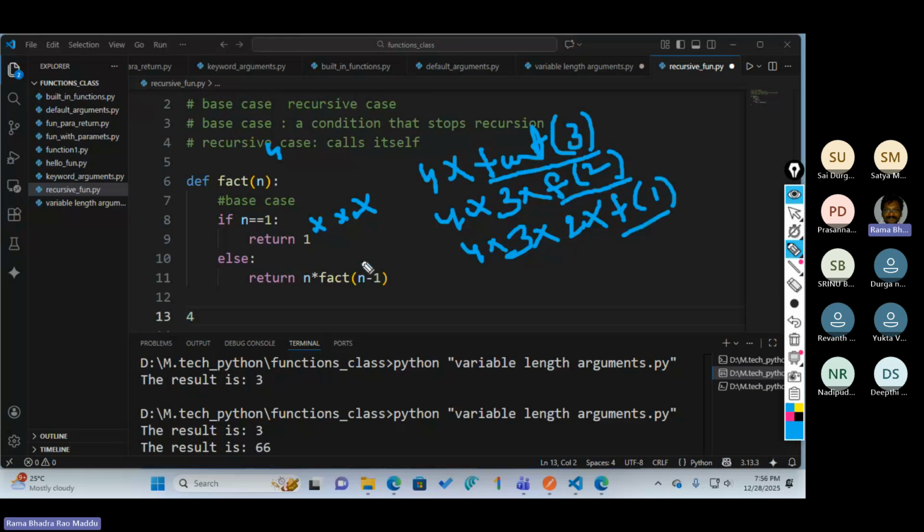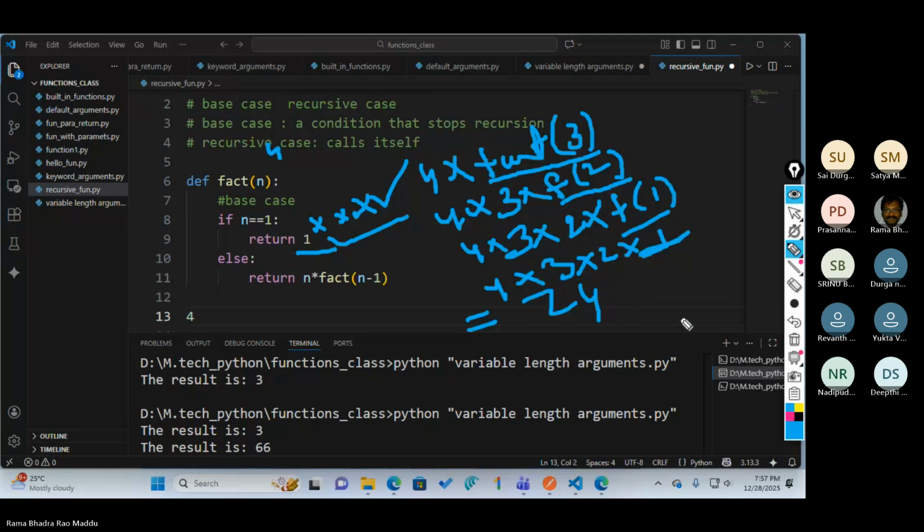So again it called factorial. So 1 equal to 1. Condition satisfied. So in the place of factorial 1, we are replacing 1 because it returned 1. This condition succeeded. Now it is not calling the factorial. Now the total result is 4 into 3 into 1. Okay. So 4 into, so 24 is the answer that will be given.